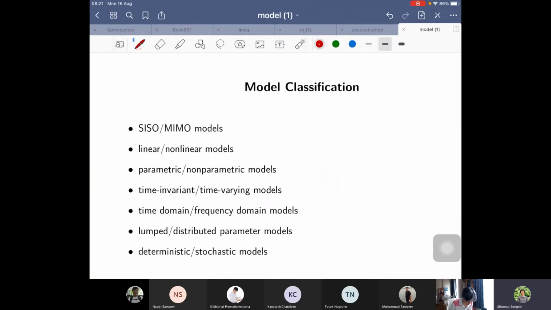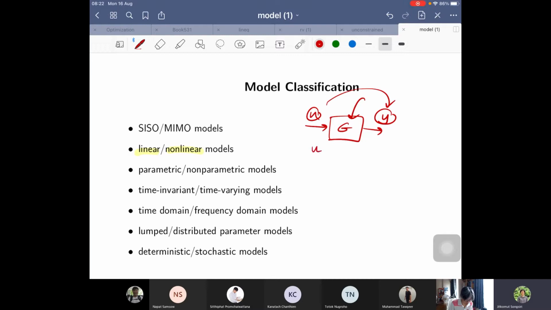If we talk about the linearity of the model, of course we can split it into linear and nonlinear models. Can someone recall the concept of linear system? Because a linear system is actually the same concept as linear transformation. We call it a linear system if we think of a system as a transformation that maps U to Y. A linear system would mean when you apply,